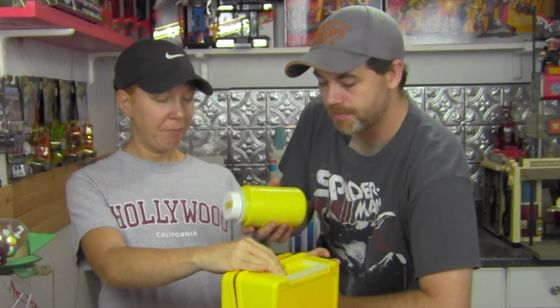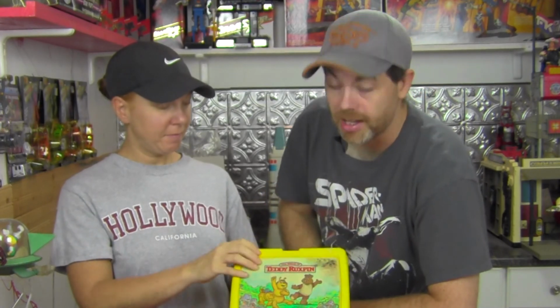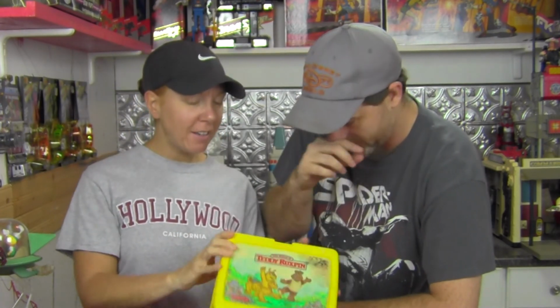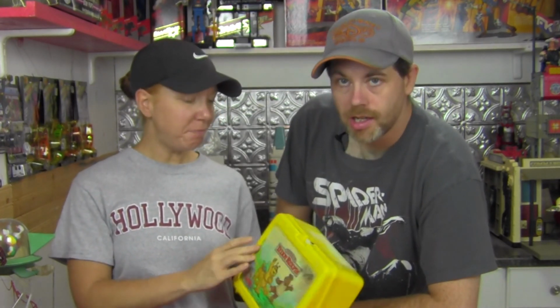But Teddy Ruxpin lunchbox. Of course, the lunchboxes continue to grow, and I need to buy new shelves for lunchboxes because, quite frankly, we have a lot of lunchboxes. And I have not been told to stop buying lunchboxes because I think someone actually likes them. She likes them more than I do. I can't help it. I like them. We always find them for real cheap. I mean, they may not be in the best shape, but...